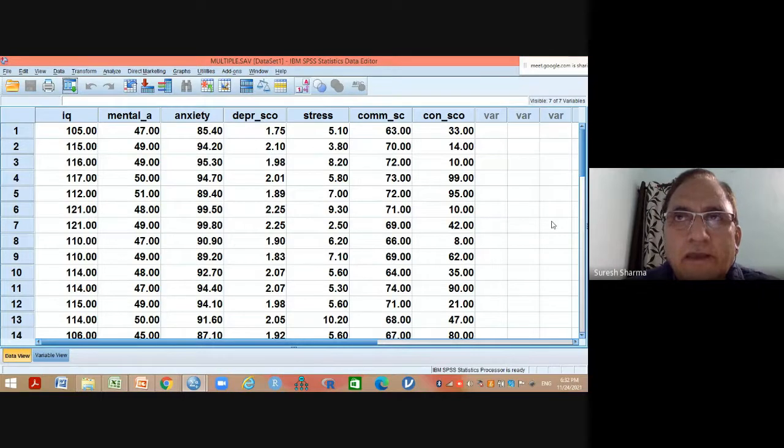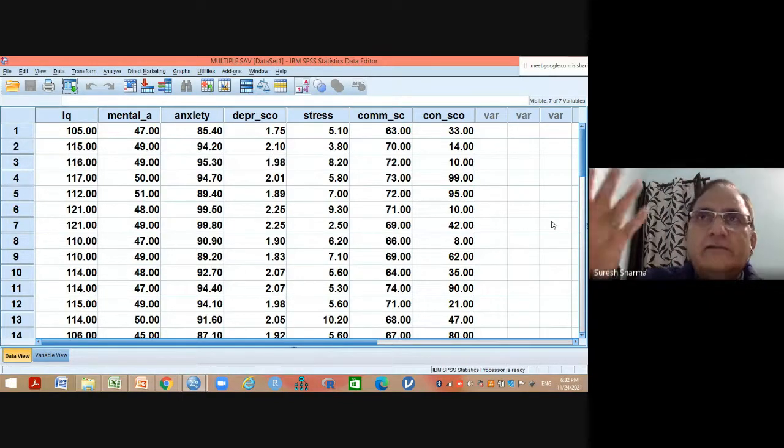Let me explain in layman language how I can explain R square and adjusted R square. Let's say there is a very heavy box, right? And 4 people are carrying that box, 2 on the front and 2 on the back. So they are sharing something. That is your R square. Now let's say a 5th friend has also joined and he says, let me also contribute a little bit. And he comes to the center.